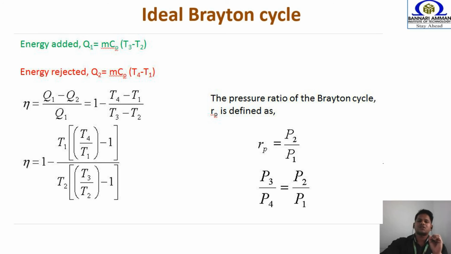Right. Similar to this heat supply, we can easily understand the concept of heat rejection, because the heat rejection happens here in the 4 to 1 process. Again, it is an isobaric process. So if it is isobaric, m Cp del T. m is the mass of gas, Cp is the specific heat of gas. Now tell me whether we have to substitute T4 minus T1 or T1 minus T4. Which temperature is higher? Before rejecting the heat, the temperature is maximum. After rejecting the heat, the temperature is minimum. So we just put T4 minus T1.